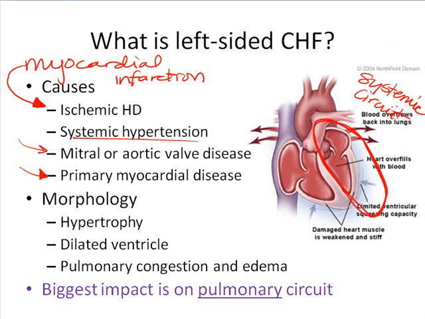So what's the morphology? Well, if a person has left-sided congestive heart failure, obviously the heart's probably going to hypertrophy in response to try to counteract the loss of contractility. And we already talked about the fact that that can lead to problems in and of itself because of not enough capillaries and blood to supply oxygen to the enlarged heart cells. Oftentimes the ventricle will become dilated. It'll become enlarged. That's a very common feature of left-sided congestive heart failure.